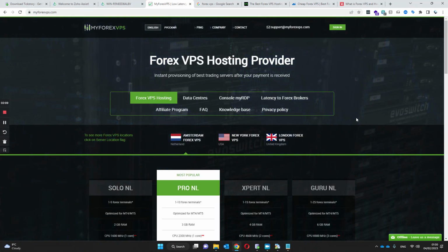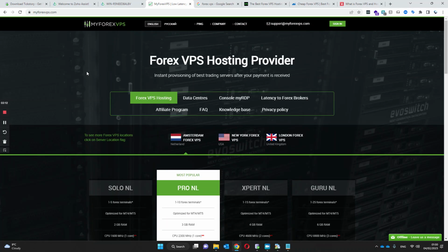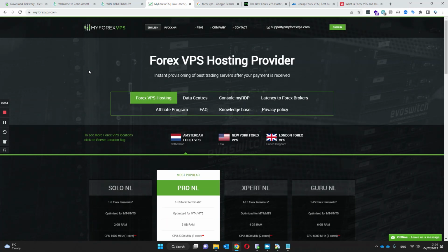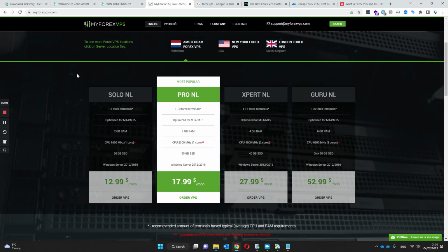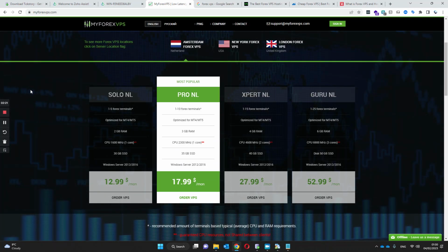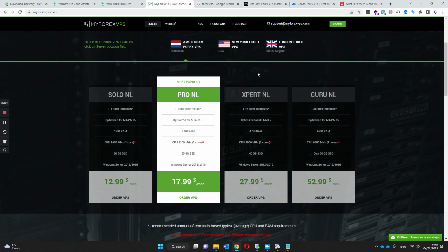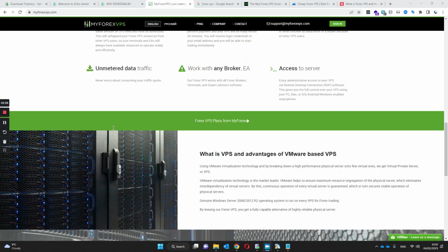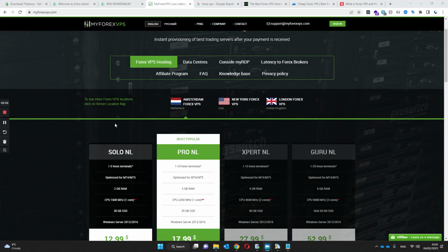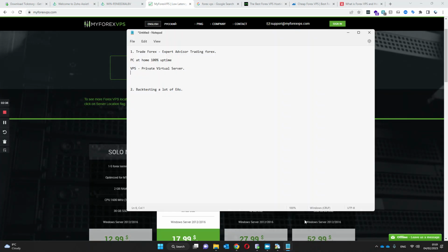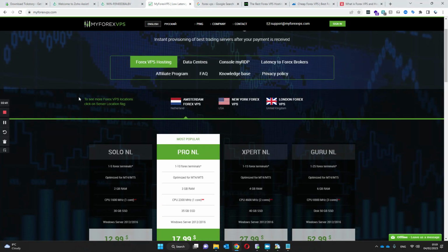So let's say we're going to look at this as an example. MyForexVPS, they're quite good. They're costly, but there are some things to consider. Not that costly, but they're quite good. So there are a few things to consider if you want to have a VPS that allows you to trade your account or have an expert advisor trade for